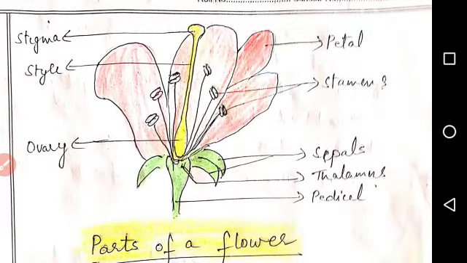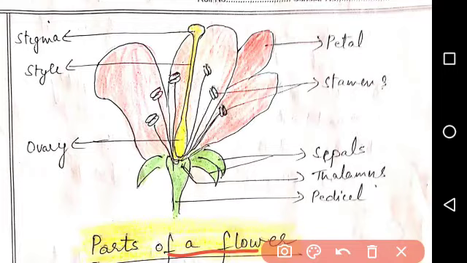Now, the structure of a flower. Here the diagram of a flower is given, which shows all the parts of a flower. So let's see what the various parts of a flower are. This is the pedicel. Pedicel means the stalk by which the flower is attached to the stem. The swollen part of the pedicel on which all the whorls of the flower are attached is called the thalamus. The thalamus is the swollen part on which the petals, sepals, pistil and stamens are all arranged.